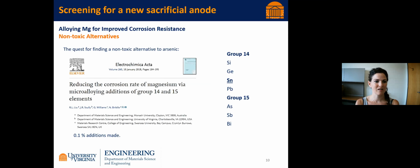So the same groups, and also Professor John Scully from here at the University of Virginia, had a look at group 14 and 15 elements to see if any of those would work in the same way, but could we find something that was not toxic. And tin was one of the candidates that showed some good results. And researchers from the Korea Institute of Material Science and the University of Science and Technology in Daejeon, also in Korea,